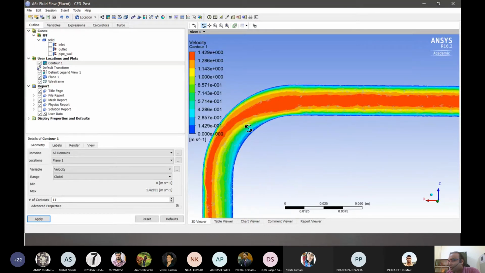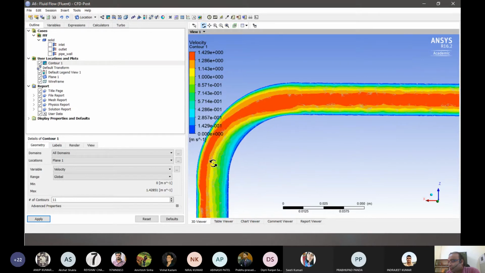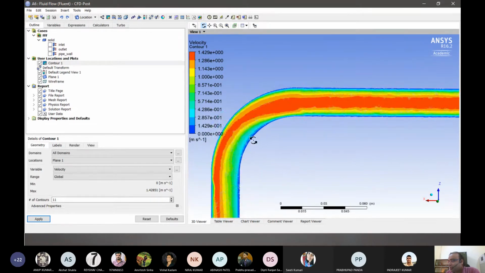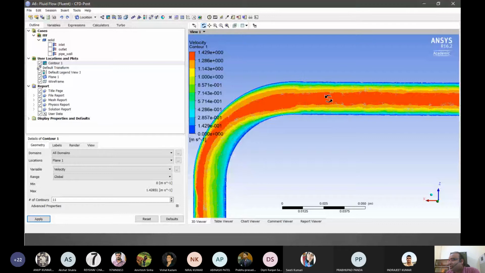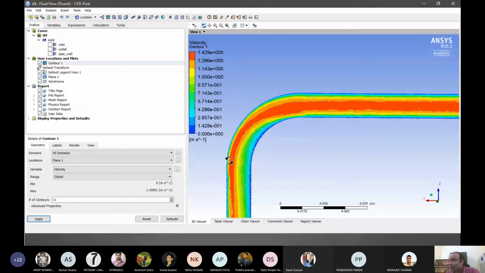The portion you are seeing here is called the corner effect. Even though there is a centralized high velocity distribution, when bends are there, it shifts towards the bend direction. This is one concept of fluid motion: when bends are there, the high velocity center shifts.